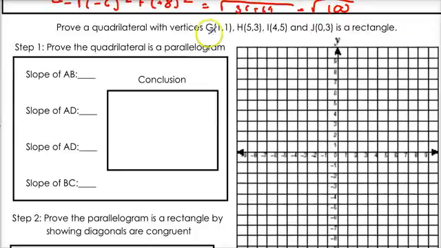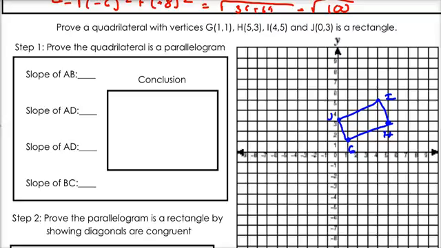We're going to prove that quadrilateral with vertices G, H, I, J is a rectangle. All right? So first, let's graph our points. We got (1, 1) for G. We got (5, 3) for H. We got (4, 5) for I. And we got (0, 3) for our J. All right? And we're going to connect those, and we get ourselves this guy, which absolutely looks like a rectangle,